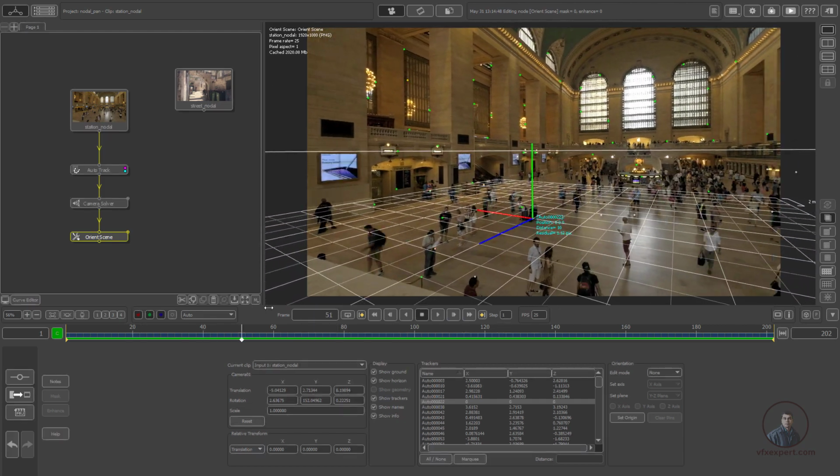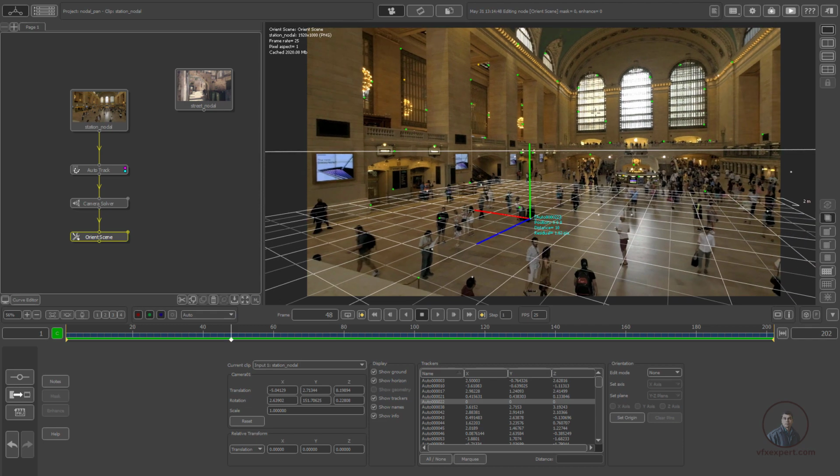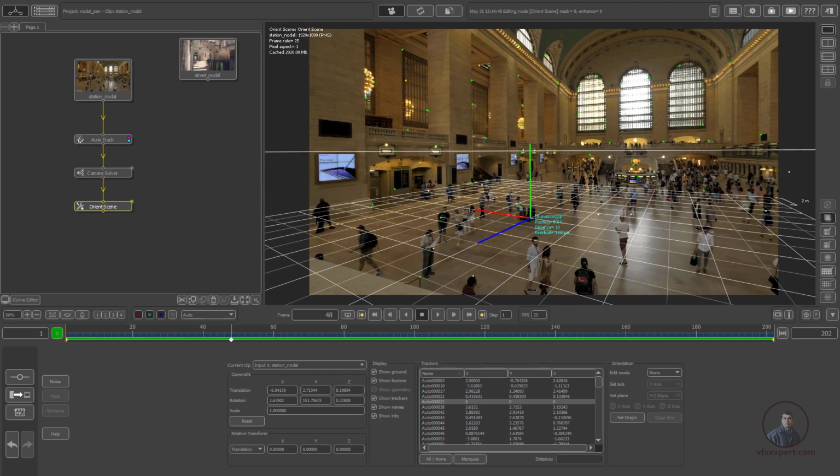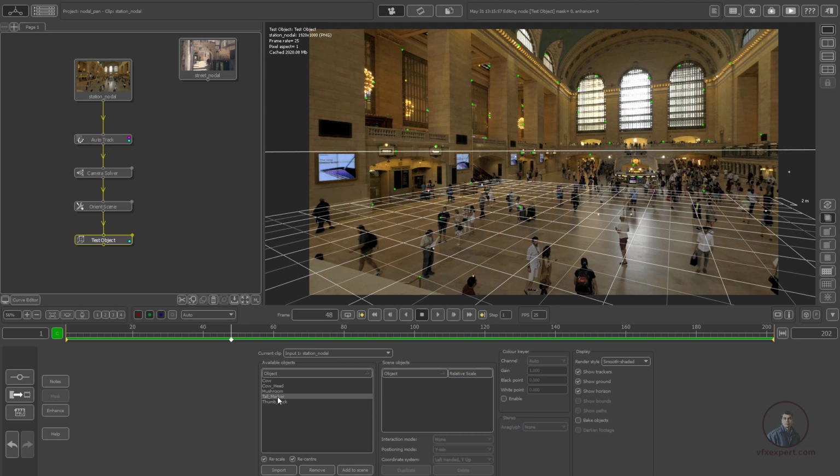Then after this, I am going to test this shot. So here I am going to create some test objects and geometry for testing our scene. First the test object: right click, click on geometry and test object, and select this tall marker here and uncheck recenter, add to scene. From here we can scale it. Select scale and scale it a little bit here.